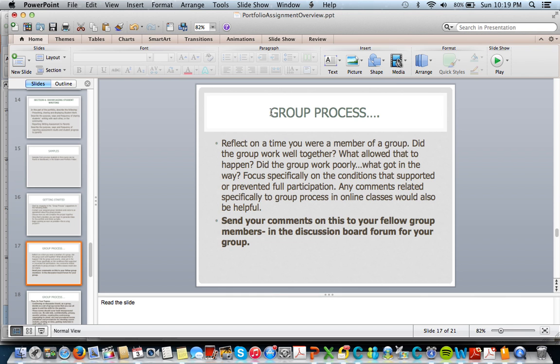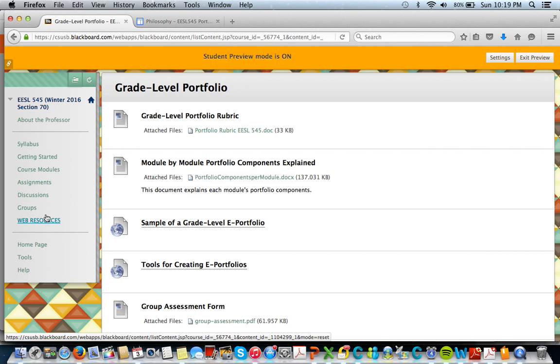Any comments related specifically to group process in online classes, if you've had online classes before, would be helpful. You're going to post your comments on this to your fellow group members in the discussion board forum for your group. So when you go to Blackboard and you click on groups,